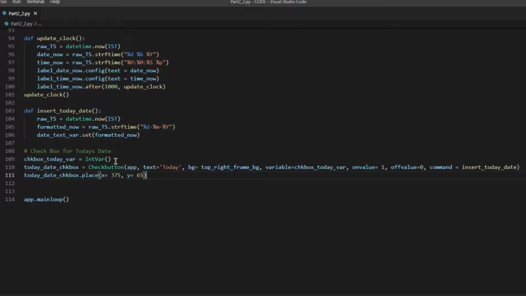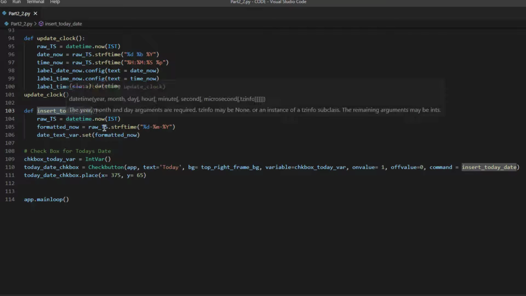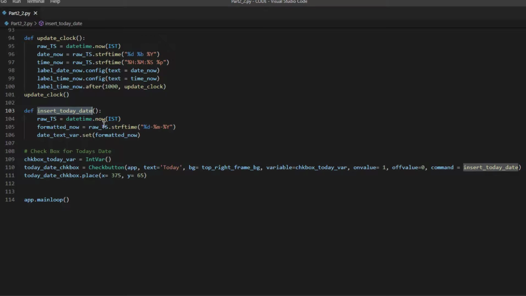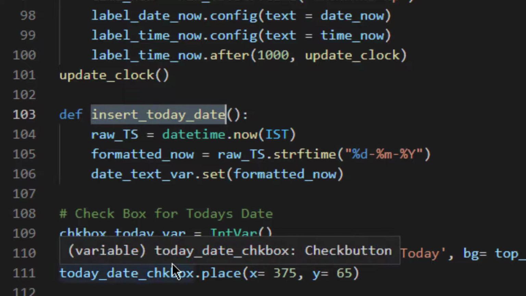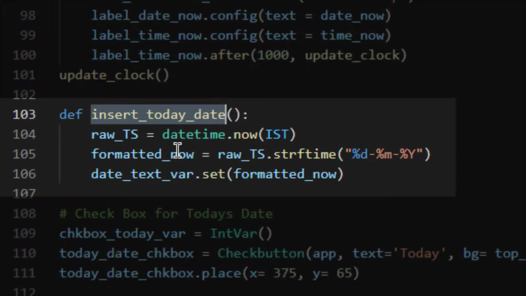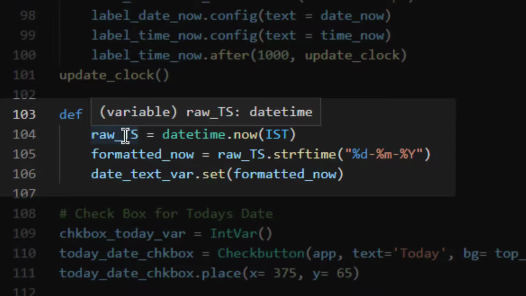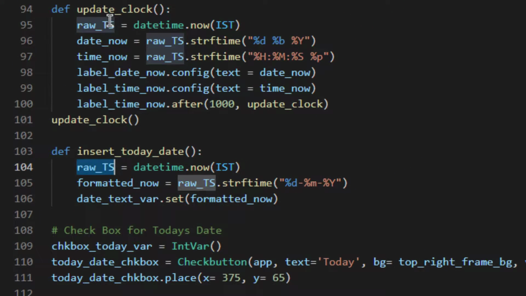This will not do anything. It will just simply be clicked. A check will appear on the box, but it will not do anything, right? So in order to make something happen, we will define this function, which we have already defined here, just the name, right? Now we will see what is there in the function, and this is the second part. Second part means this is the GUI, or you can say front end, and this is the logic behind it, right? So what we are doing here is, first we are creating a raw_ts as defined here in the